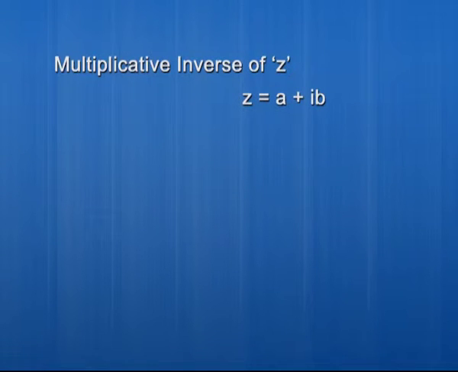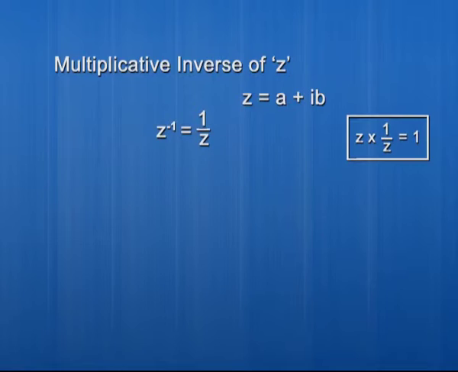If we have a number z, and I am asked to find the multiplicative inverse of z, it means that I have to find a number such that when multiplied with z, we get result 1. And you can see that 1 by z is the number which multiplied by z gives 1. It means that the multiplicative inverse of z will be 1 upon z, and it is denoted by z to the